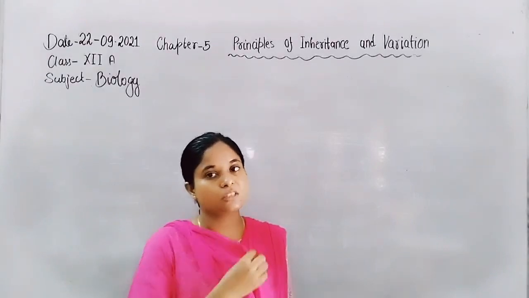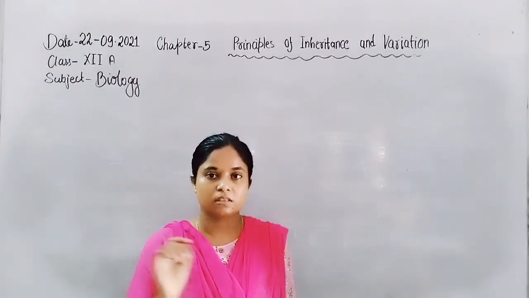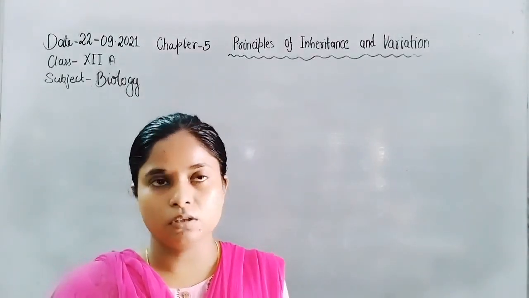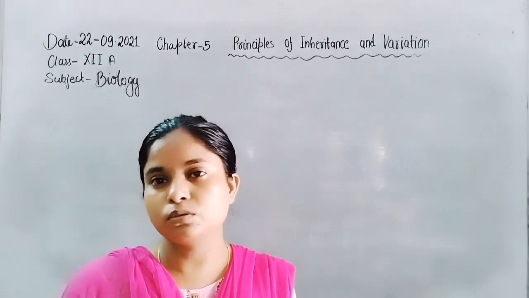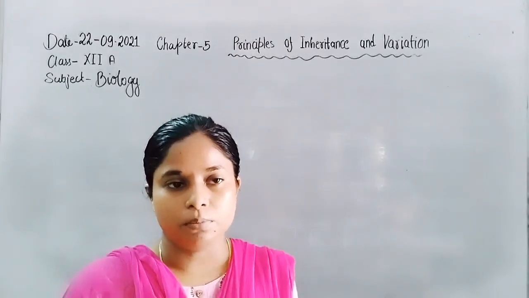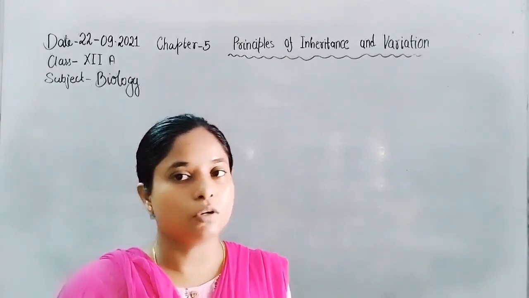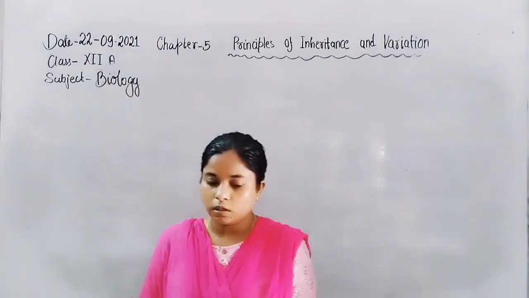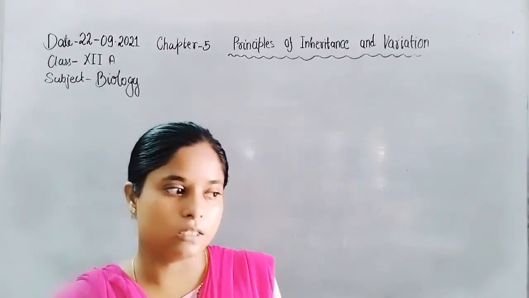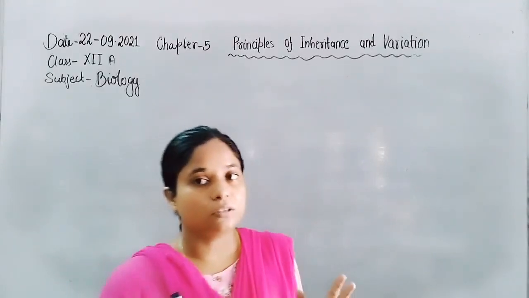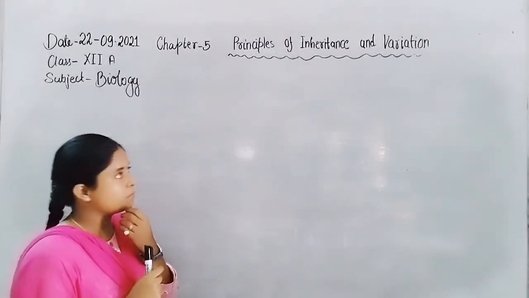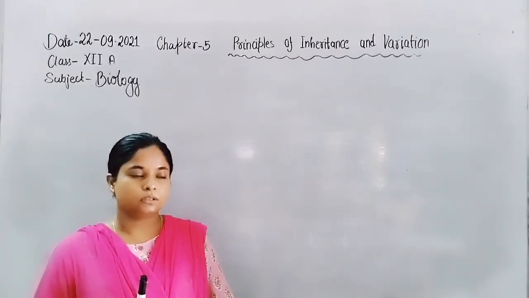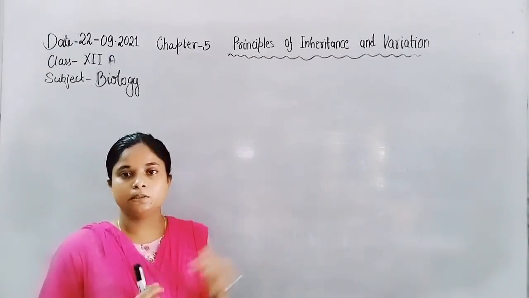In this class, I am going to start discussing incomplete dominance. In the previous class, we discussed the monohybrid cross. In a monohybrid cross, not all plants give the phenotype that was given by Mendel. If we discuss Mendel's law of inheritance, in the F1 generation Mendel's pea plant shows the dominant characteristic, either tall or dwarf, either violet or white.